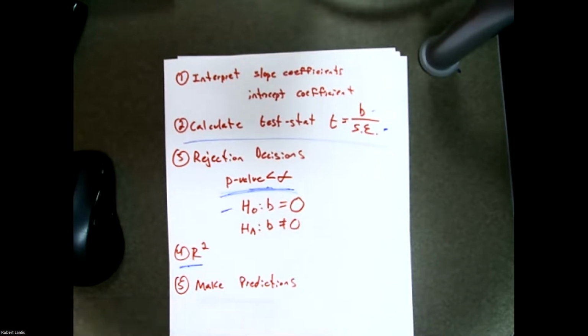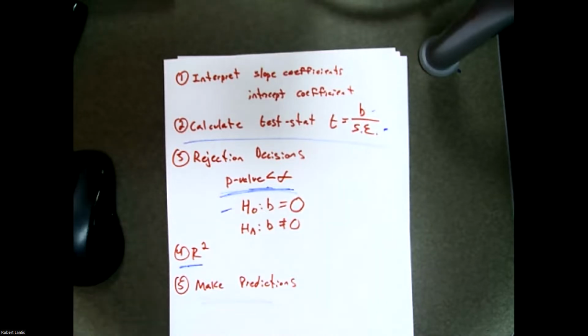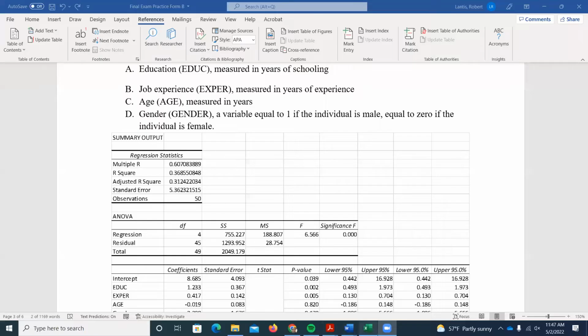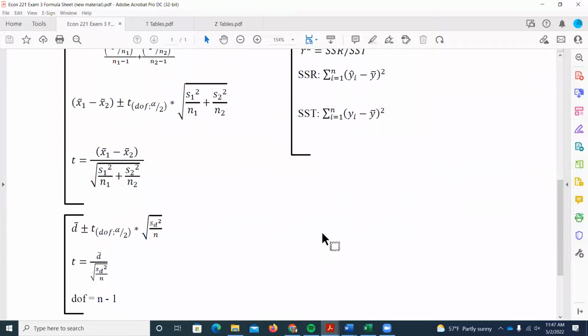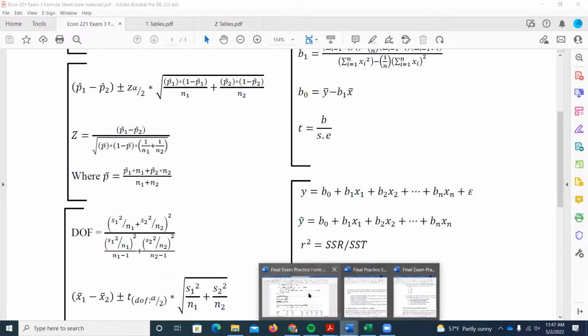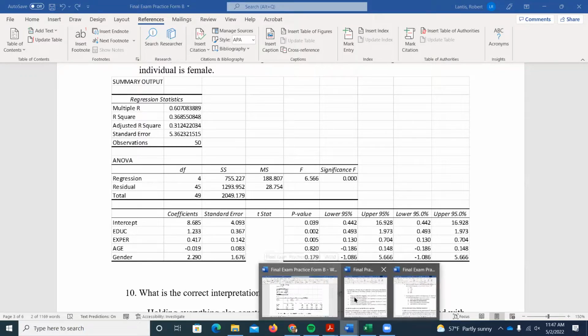Know how to make predictions for your Y variable. So this was the examples where we walked through this Excel output. We would have every single coefficient estimate, so we would just be plugging these values in from Excel. We had all those values for the slope. So for instance, if I was trying to make GPA predictions here, I had the slope coefficient and the intercept coefficient for each one of my variables. I would then plug that essentially into